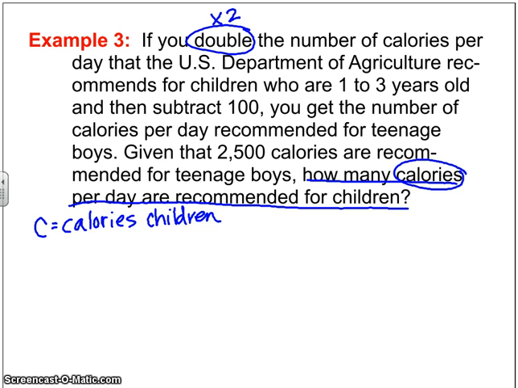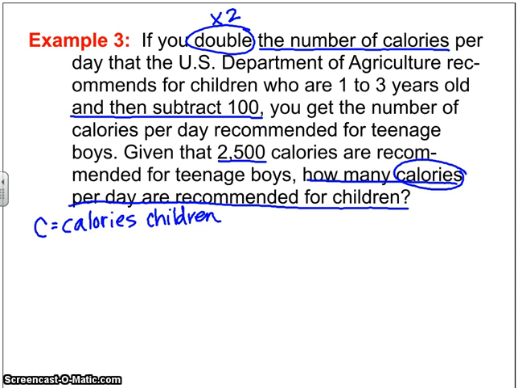Multiply by 2. If you double the number of calories that the U.S. Department of Agriculture recommends for children, okay, if you double the number of calories for children, okay, and then subtract 100, you get